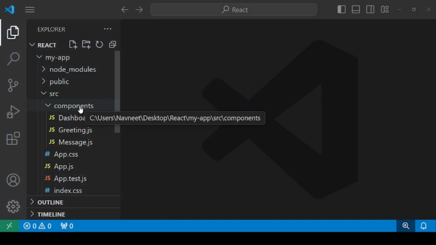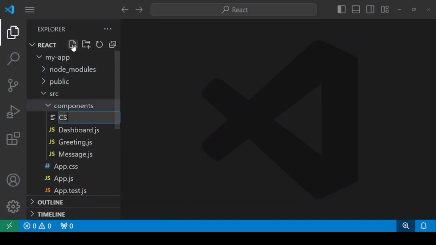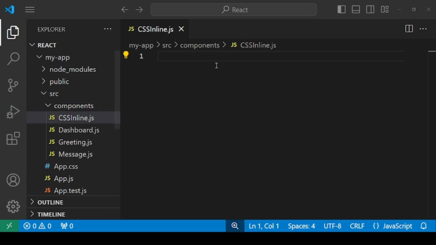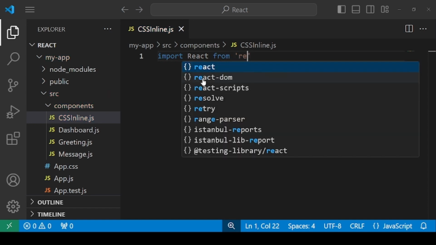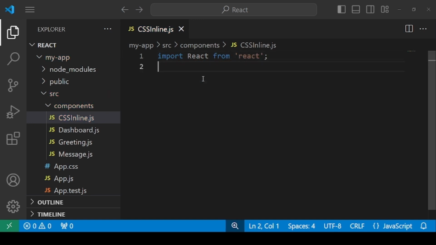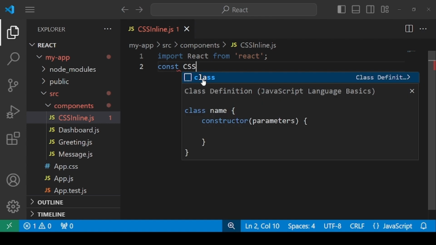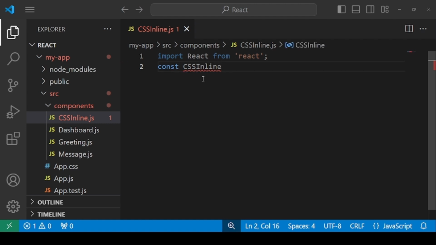Let's create a component with the name CSS inline.js, wherein we will be creating our component. Import React from React, and let's create a component using the arrow function, const CSS inline.